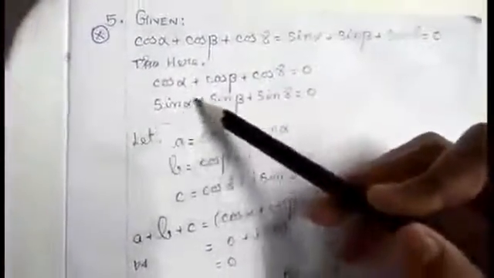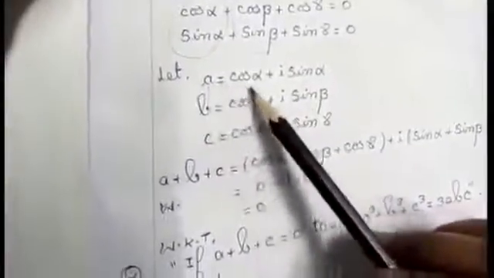So the real part separately I am going to put as 0, and the imaginary part I am putting separately as 0, since it is the given condition. If you see here, I have three angles, that is alpha, beta and gamma. What I am going to do is join them like this: cos alpha, sin alpha, cos beta, sin beta and cos gamma, sin gamma. That is, I am going to take three notations A, B and C. Let A equal cos alpha plus i sin alpha, that is, I am just writing it in the form of a complex number. B equals cos beta plus i sin beta, and C equals cos gamma plus i sin gamma.